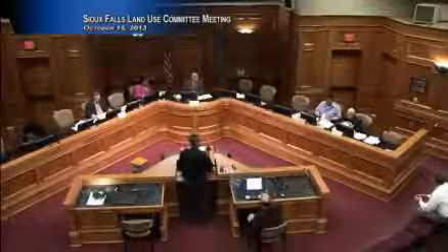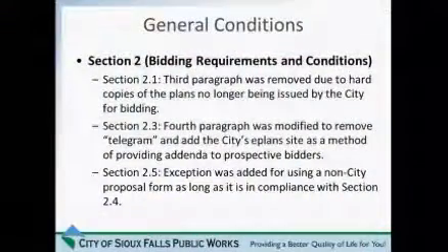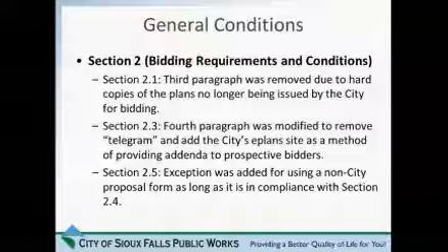Yes, Councilor Staggers. I was just curious about some wording on one sentence here. It's 2.5, and then item number 5 under that. This is dealing with irregular proposals: unit bid prices are significantly unbalanced to the detriment of the city. That's rather interesting language. Yes, that's existing language that we're not proposing to change.